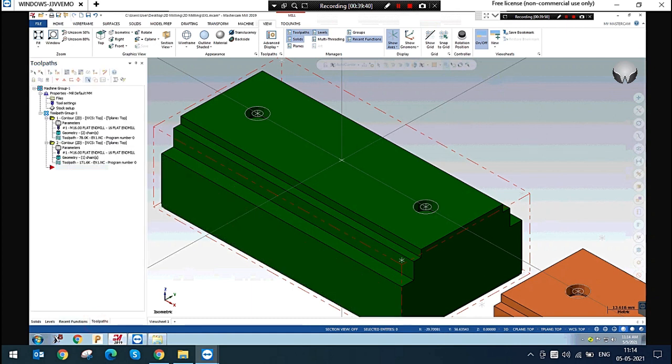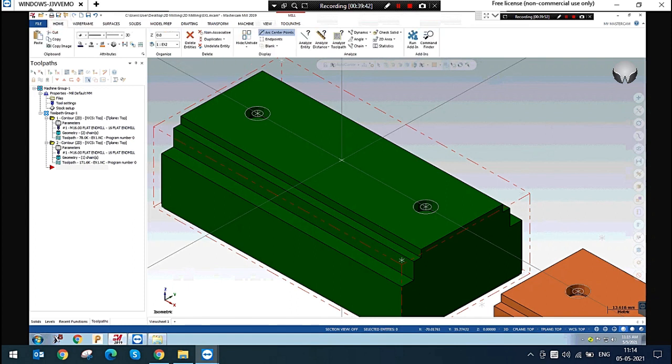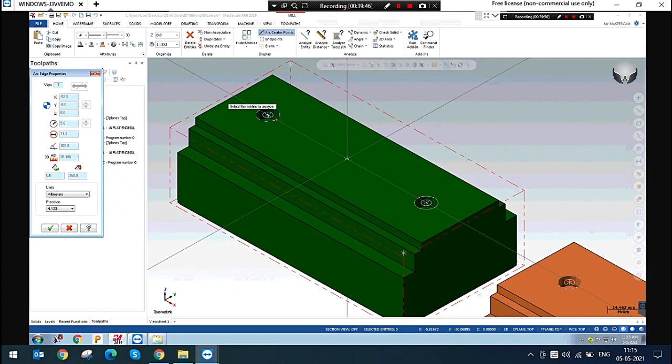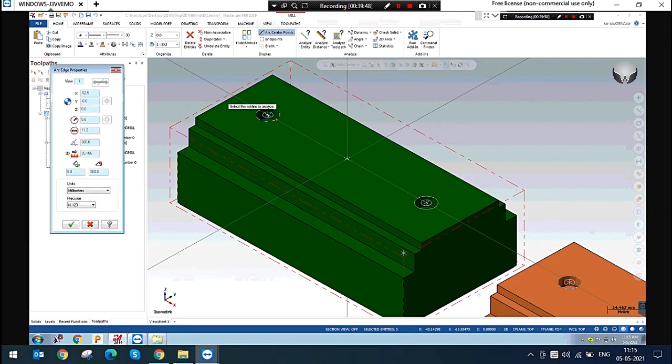Okay. So next, I'm going to analyze entity. Just I am selecting the arc. You can see these are the arc edge properties. These are the coordinates from the X0 Y0 global origin. From the global origin, what are the coordinates of this arc center point, the radius of the arc, the diameter of the arc, and the 360-degree fully completed arc.